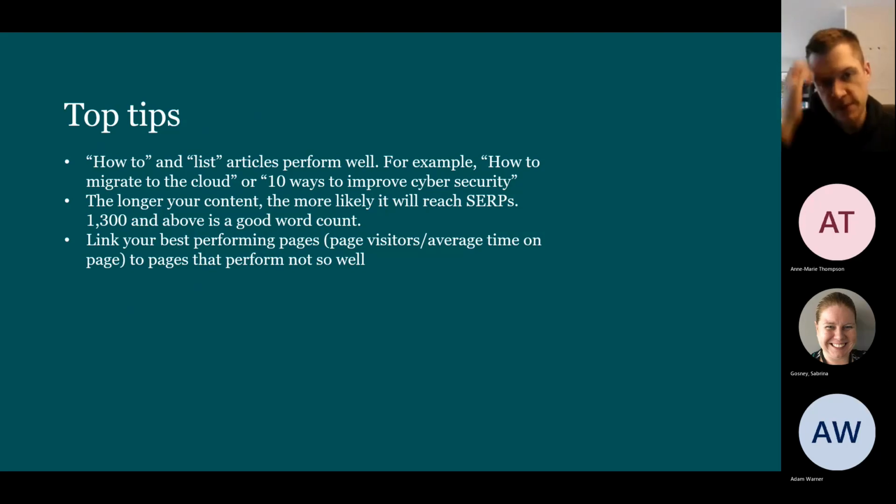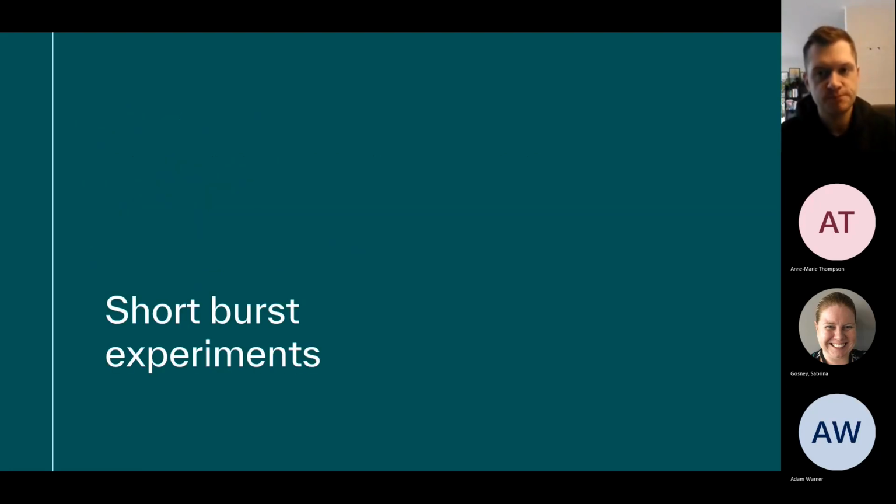We should link best performing pages to those pages that are not performing well. So if we're getting 90% of our organic search traffic onto the homepage, let's use that homepage to link to a brand new service that we've just created that maybe no one's necessarily finding organically at the moment. Let's just use that really good piece of content to link to that. The more opportunities we have to link, the better that content's going to perform. So if you can do things like pop up CTAs, if you're on HubSpot, that's great as well. If not, it might be that you put it into the navigation, into the footer. You might do a section on the homepage to link to it.